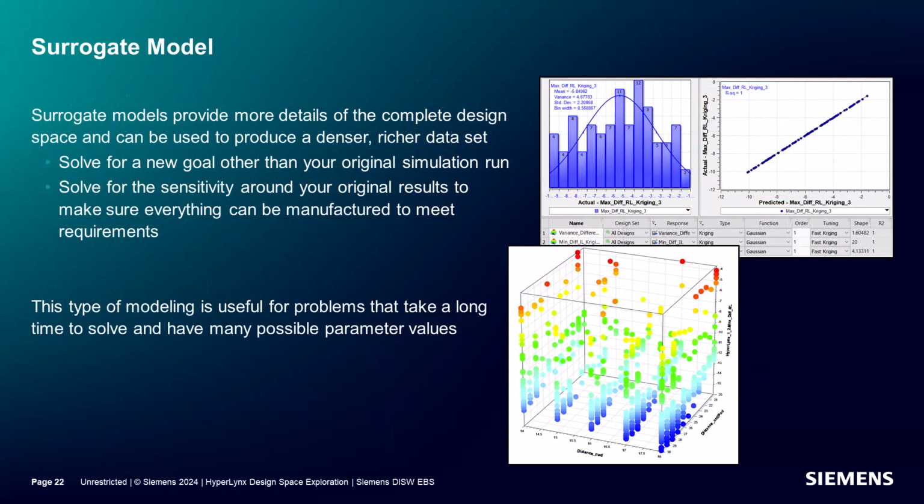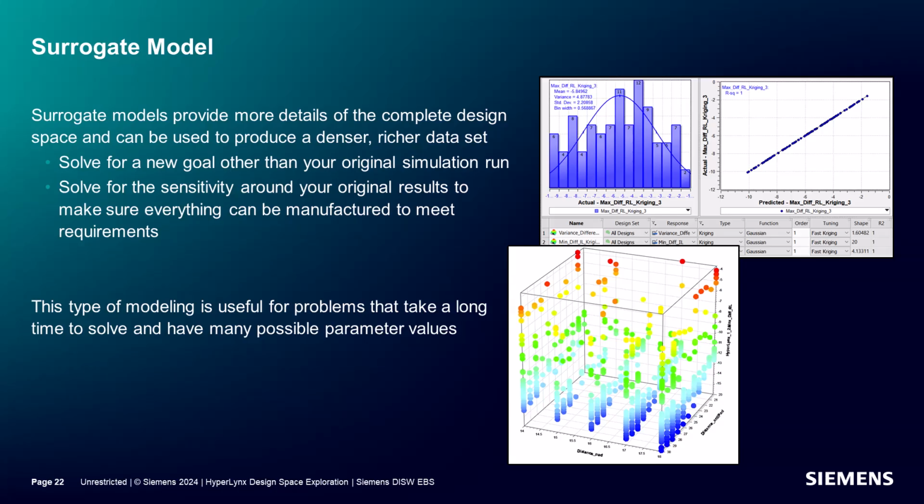When a design space is adequately sampled, a surface can be fitted to the points to provide intermediate values for variable combinations that have not actually been solved for. These are called surrogate models. They provide extra details of the design space to expand your exploration goals. If you've run the original Hyperlinks DSE simulation with an original goal, you can use a surrogate model to zone in on manufacturing variability or deviances that you may be expecting as you go into product development.